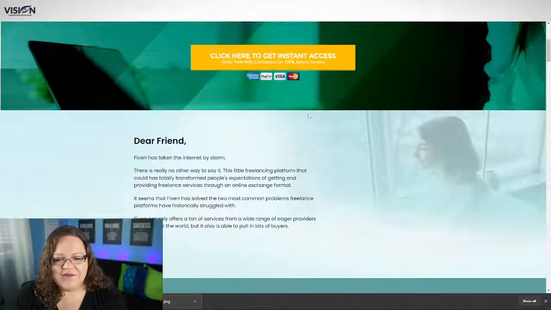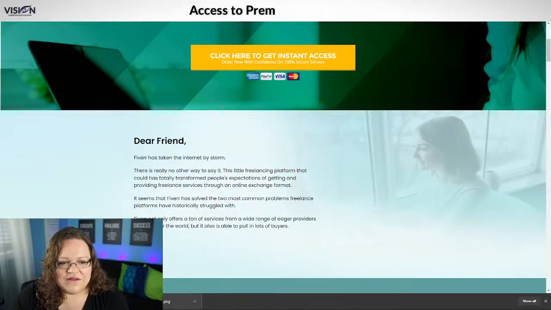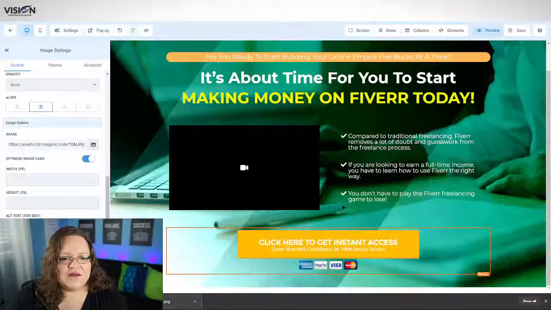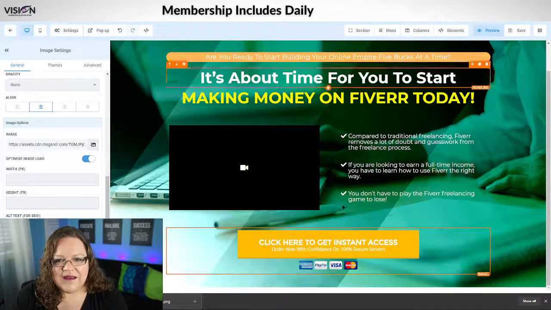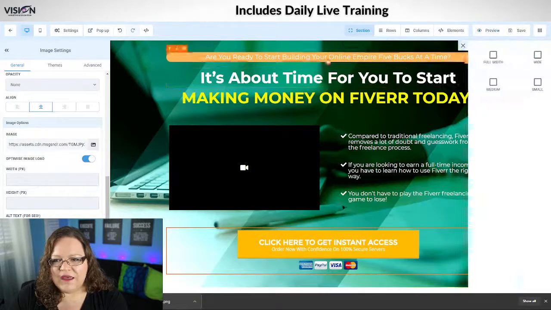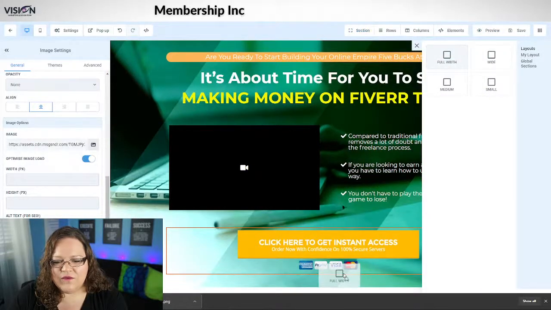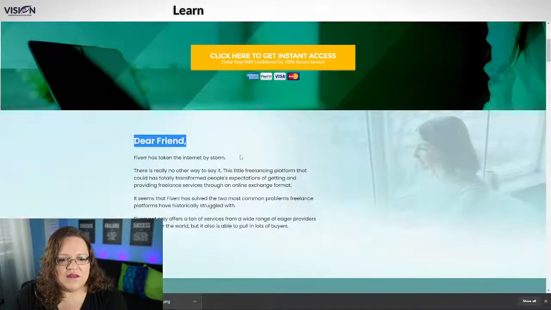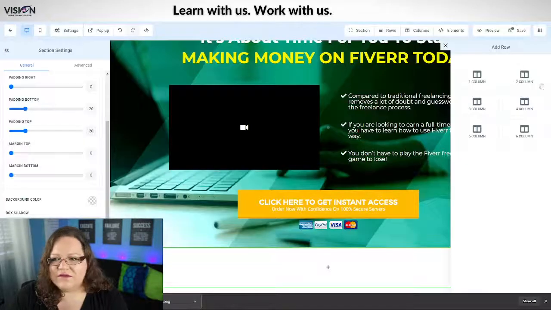Okay, so now we have the next panel here. It's just a simple panel, Dear Friend, which is like a subheadline that's bolded, and then you have some paragraph text, and it's aligned to the left. All right, so now let's add a new section. Add a section, and we'll do the full width section. Down here, we want to add a row. So let's see. We'll add two